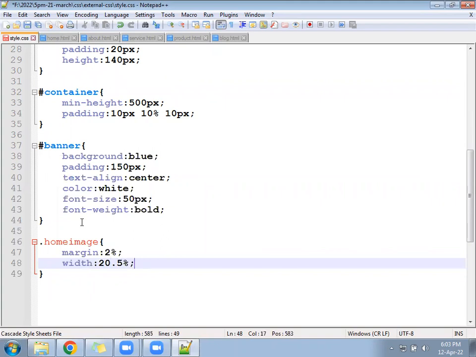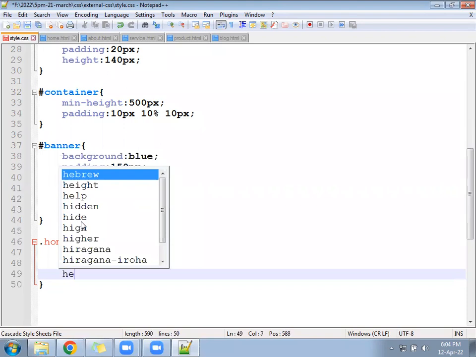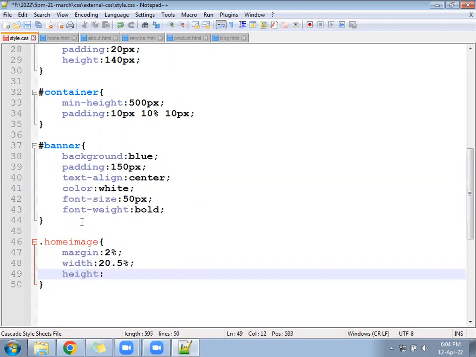Why not 21%? Because there will be some gap by default between two photos, that 2 to 3 pixels. After that, give the height of the photo, somewhere 150 pixels.